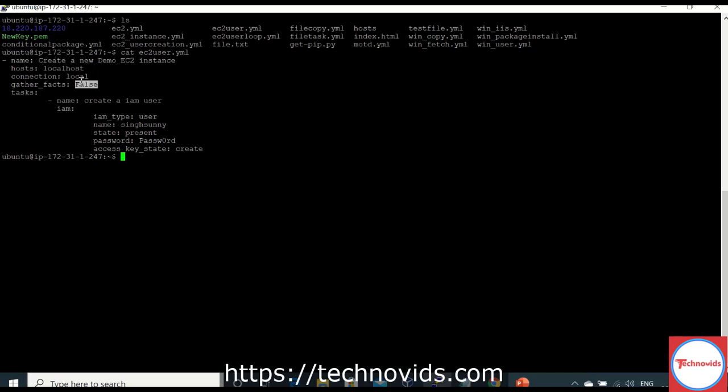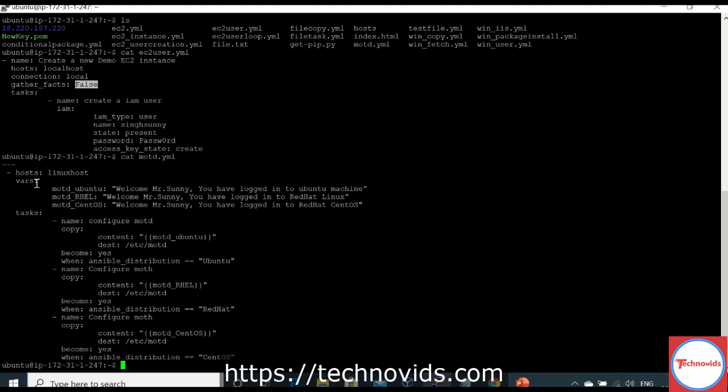But when you want to run the playbook for your inventory hosts, you have to make it true, because if you make it false, the playbook will not gather any facts and your conditions will not work, right? If you see this playbook, here I haven't mentioned anything about the facts.